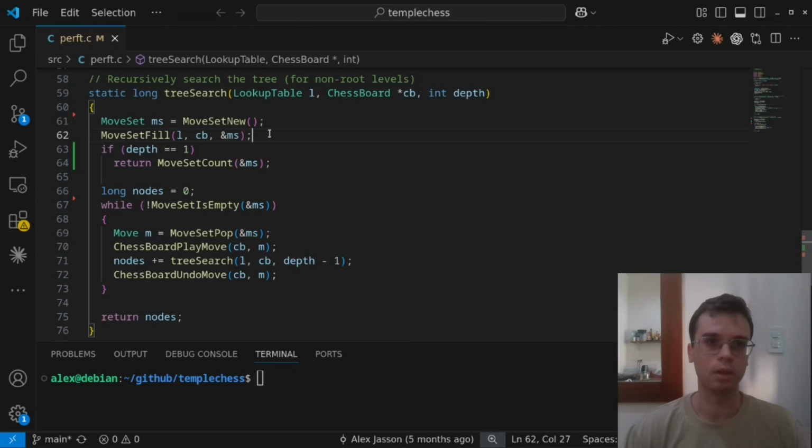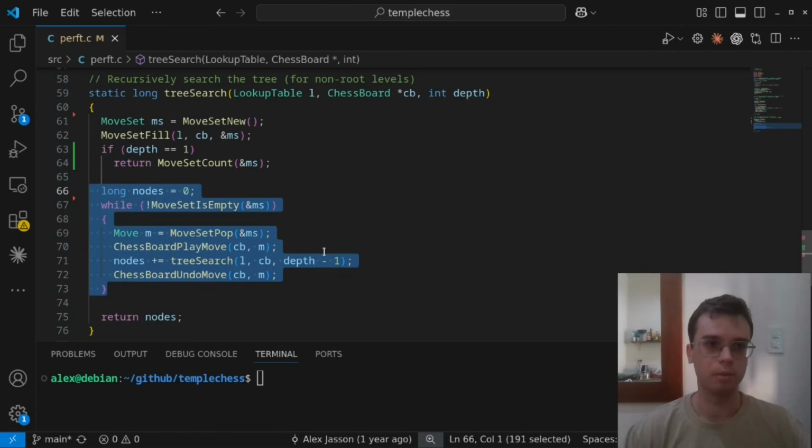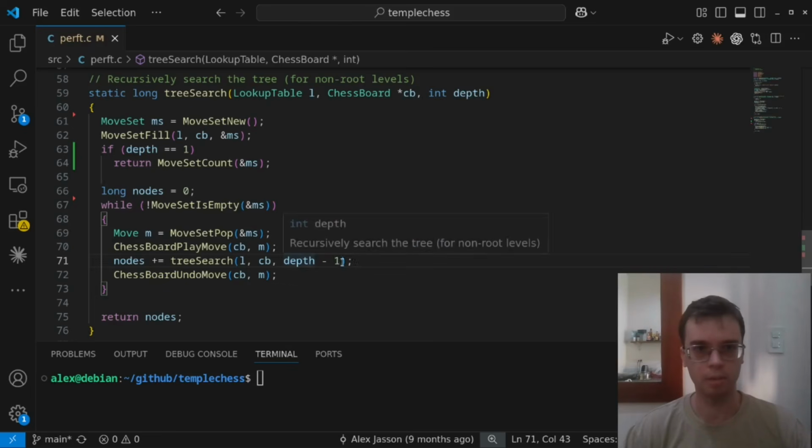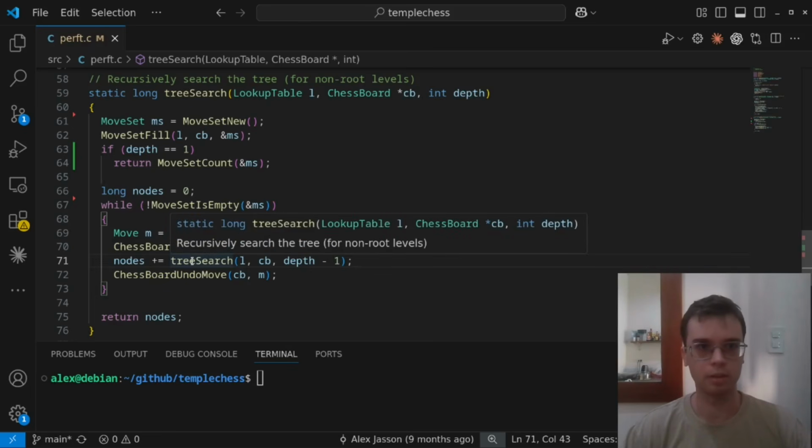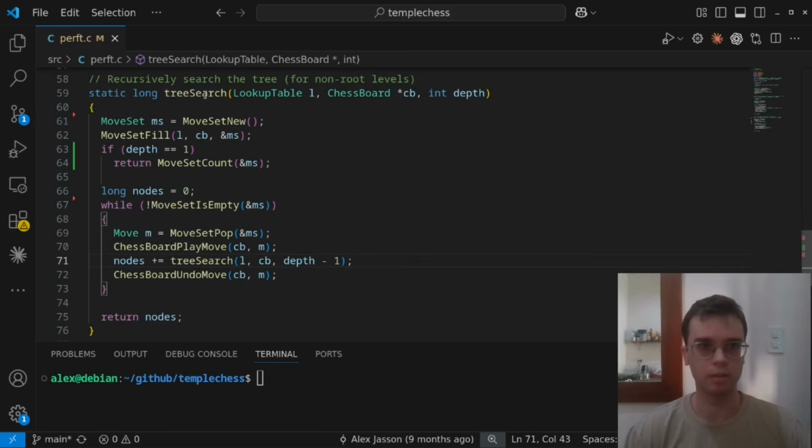So I generate a set of moves. If we're at depth 1, we return the size of the set. Otherwise, we keep traversing through the tree recursively. You can see that I decrement the depth here, and I call the same function recursively. So if we go back,